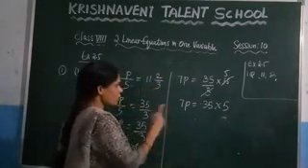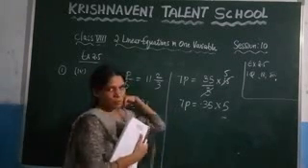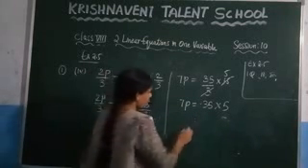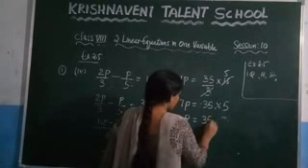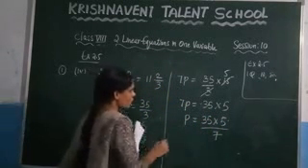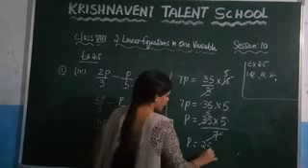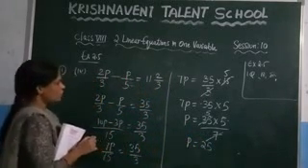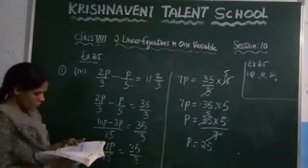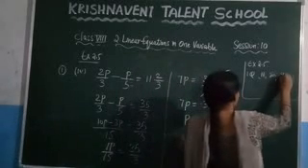Now take this 7 to the right hand side. Since we are dividing 7 and p, multiplying. So if you take this value to that side, it will become multiplication. So what you get here? 35 into 5 by 7. Now you know that 7 5s are 35. Here this one will get cancelled. You will get p is equal to 25. 5 into 5, which is 25. So like this you need to solve the linear equation. Here the fifth question you can do it in the same way. The same thing they have given here.